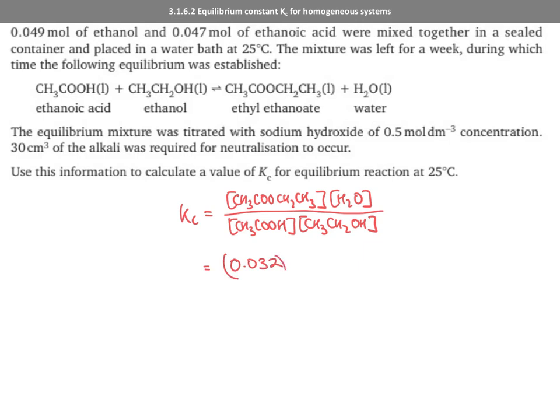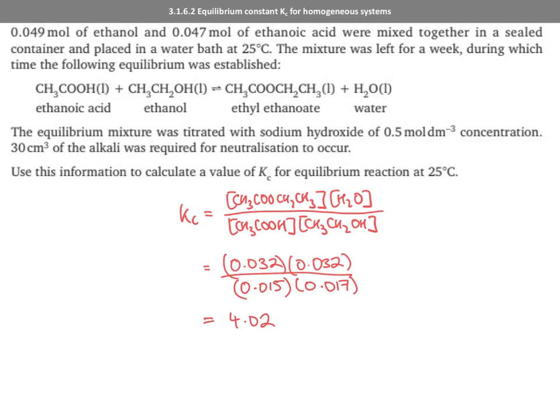0.032, because that was the equilibrium moles of the ethyl ethanoate, times 0.032, which was the equilibrium moles of water, divided by 0.015, which was the moles of ethanoic acid, times 0.017, which was the moles of ethanol. So we put that into our calculator and we get 4.02, but of course when we look at the data we're given,